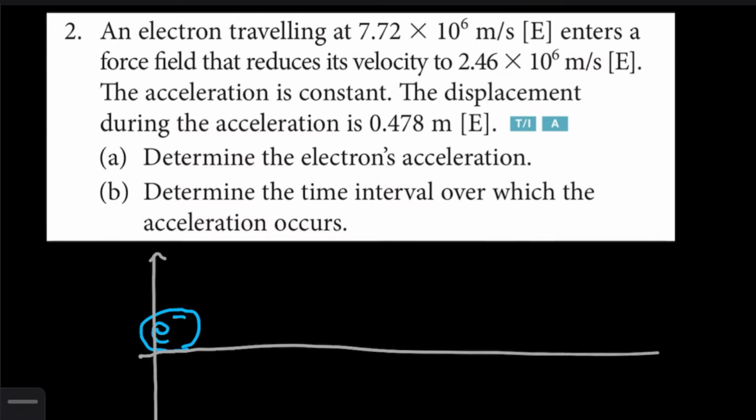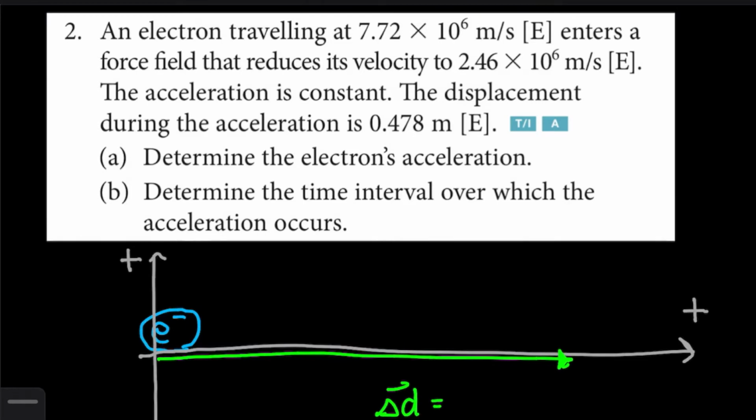Now this electron, let's set up a coordinate system for it. And whenever you're trying to set up the coordinate system, the best one is to usually set up the origin right where the motion of the object begins. And by convention, we're going to take to the right to be positive and up to be positive. And because they did tell us that the displacement was east, that's why I drew more space towards the right. They tell us that the displacement is east, so it points to the right. Delta d equals 0.478 meters